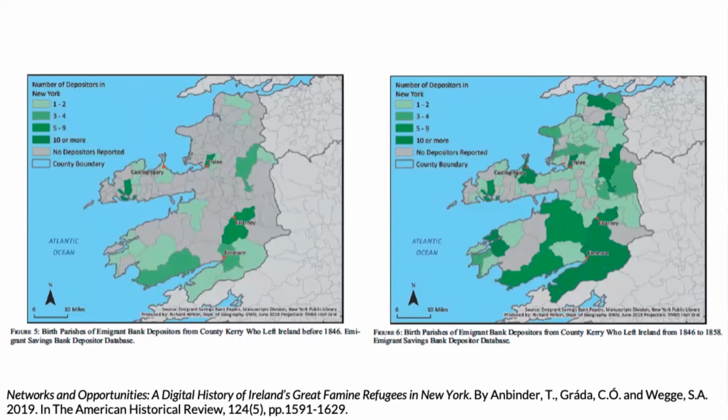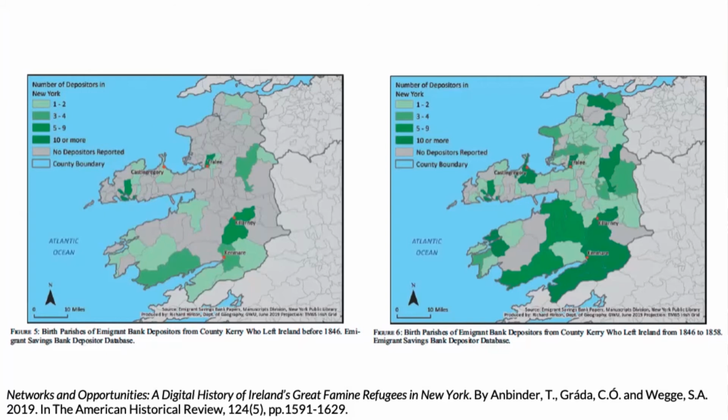And what they found was actually that the patterns of these two time periods were really similar. We can see this example here, that there's a lot of similarity between the two patterns, which suggests that actually more important than the severity of the famine in various places in Ireland was